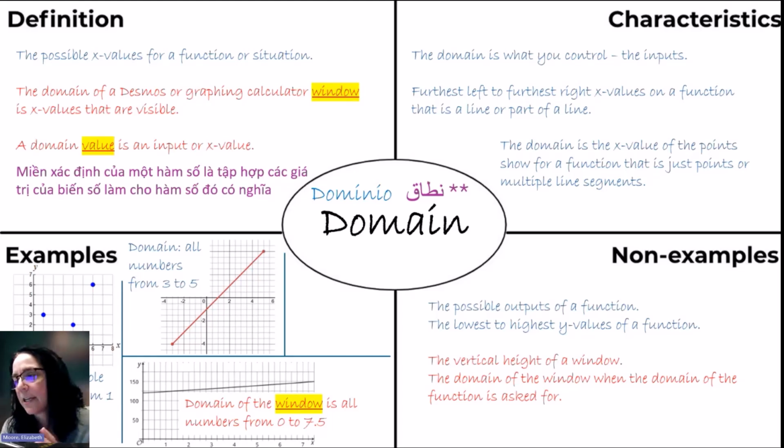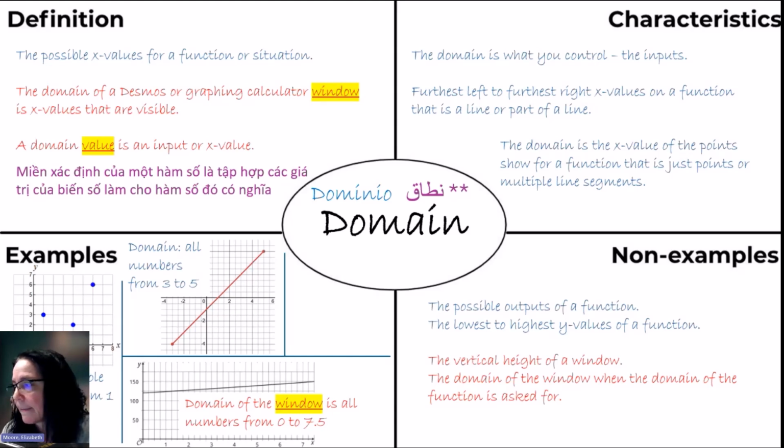Or if you're just not super good at freehanding graphs on large chart paper, like me, then you might want to have those already printed and cut out, ready to tape on your examples for your anchor chart